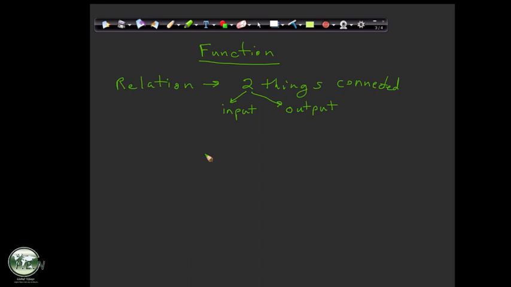An input can have actually multiple outputs, and an output could have multiple inputs. Like a mother could have more than one child. Can children have more than one mother? It depends on how you define it. Maybe not more than one biological mother, but maybe you can adopt, you have mother-in-law, right? Stepmothers. So a relation doesn't have this special rule, but what a function does, just draw down here,